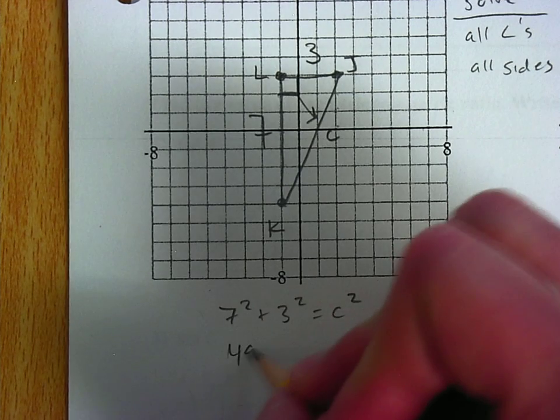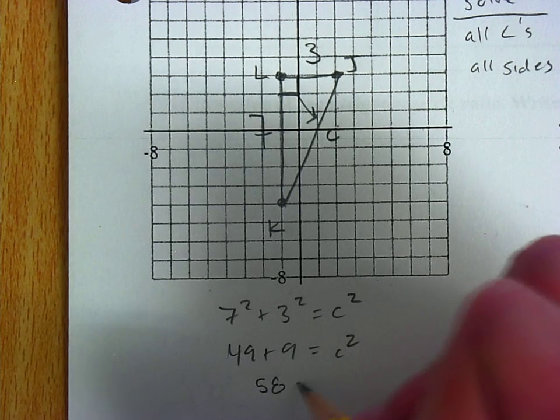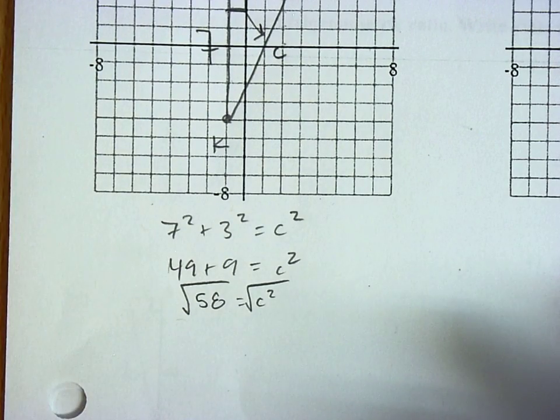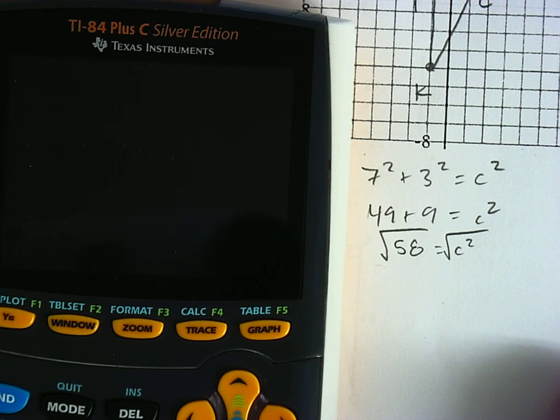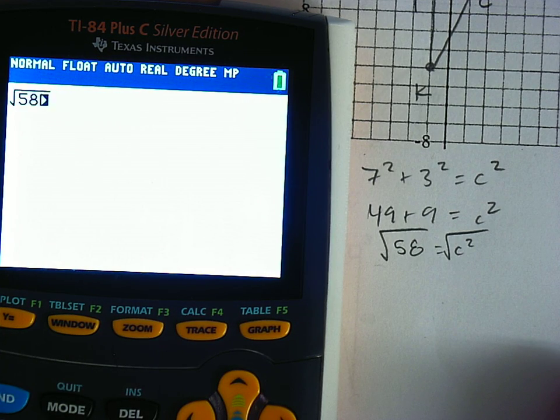That'd be 49 plus 9 equals C squared, and 58 equals C squared, and C is the square root of 58. We can just type that into our calculator because they didn't ask us to leave it in simplest radical form. So square root of 58,